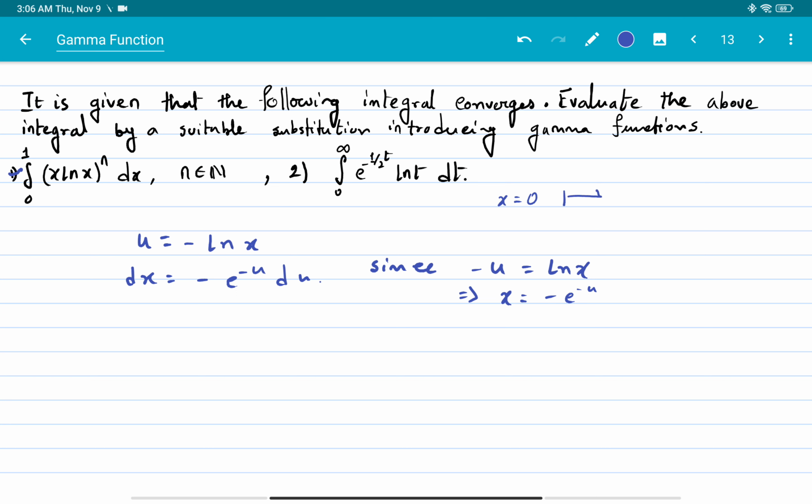And the limits: as x equals to 0, u will be positive infinity, and for x equals to 1, u equals to 0, right? So if we write this integral 0 to 1 of x natural log of x to the power n dx, by substituting, it will be written in